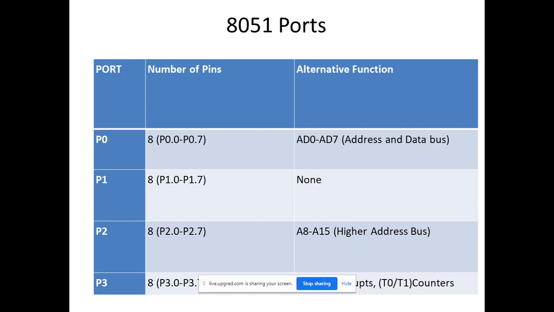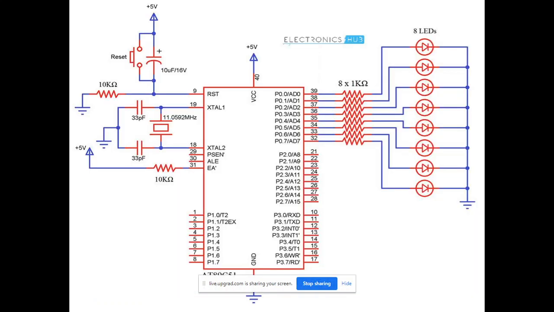Now our second practical is LED interfacing. LED is an output device, means you want to interface LEDs with any port as per your choice. Now this is the picture of the 8051. There are 4 ports, that is port number 0, port number 1, port number 2 and port number 3. In this figure we are interfacing LEDs to one of the ports, that is port number 0. All 8 LEDs are connected to each pin of port 0. Port 0 has 8 pins,